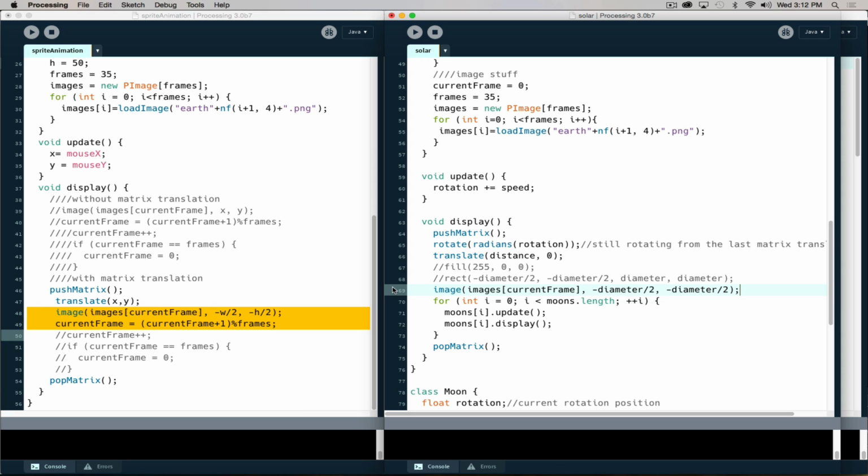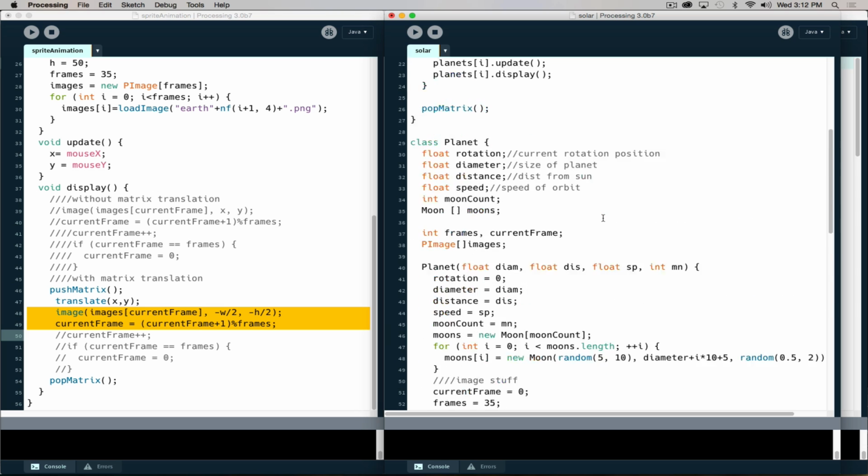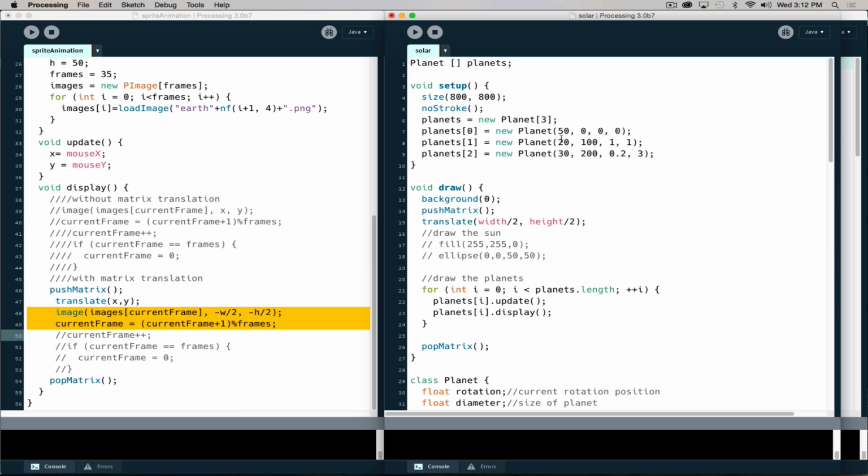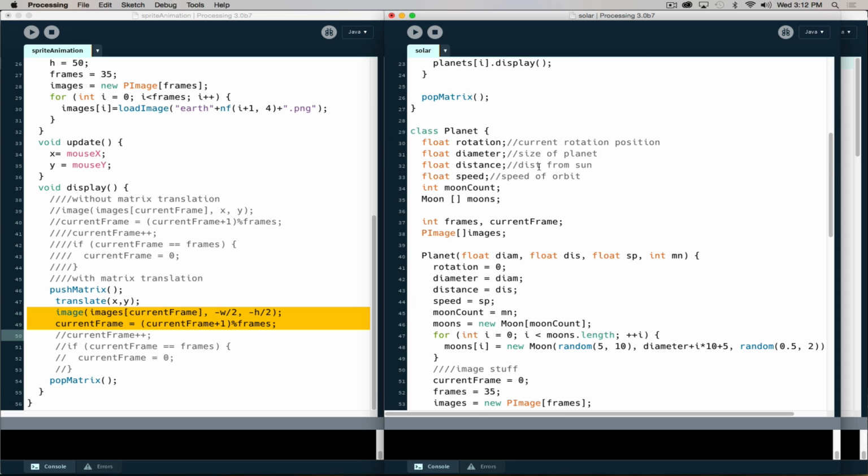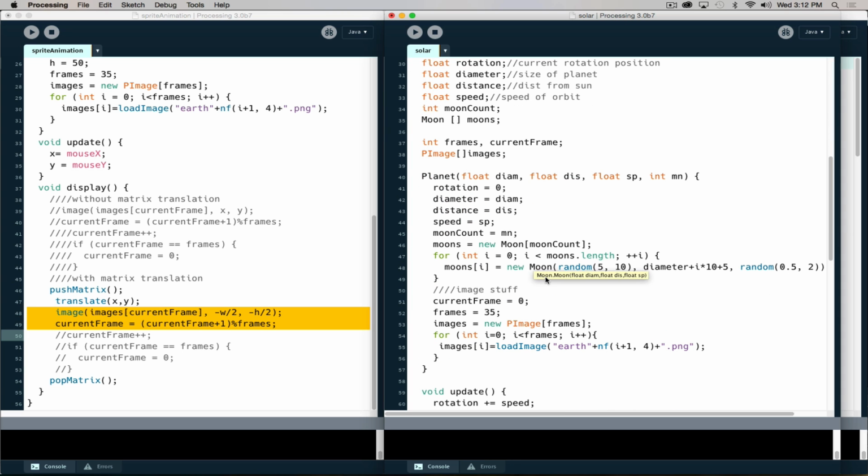Now, the image method, which says draw this image file at this location, has 2 more parameters we haven't used yet, which are how big we want it to be. So we can specify a width and a height here. Because if we remember previously when it created the planets, it was passing in different diameter values, which are essentially widths and heights, or well, used for width and height. So if we were to do that,